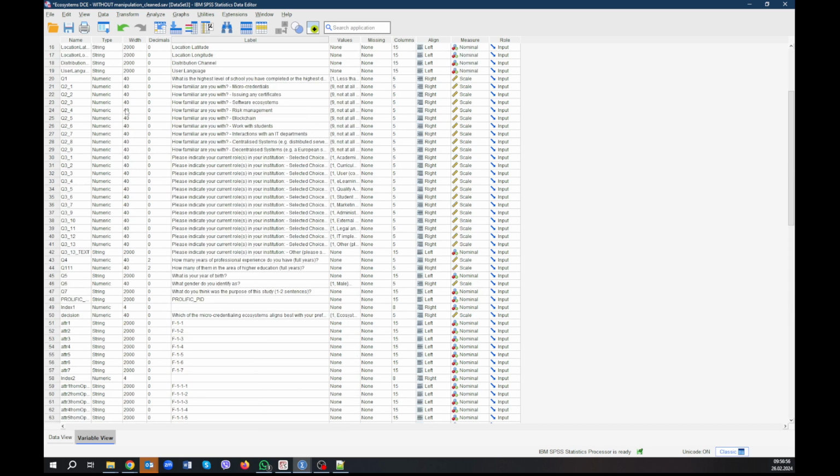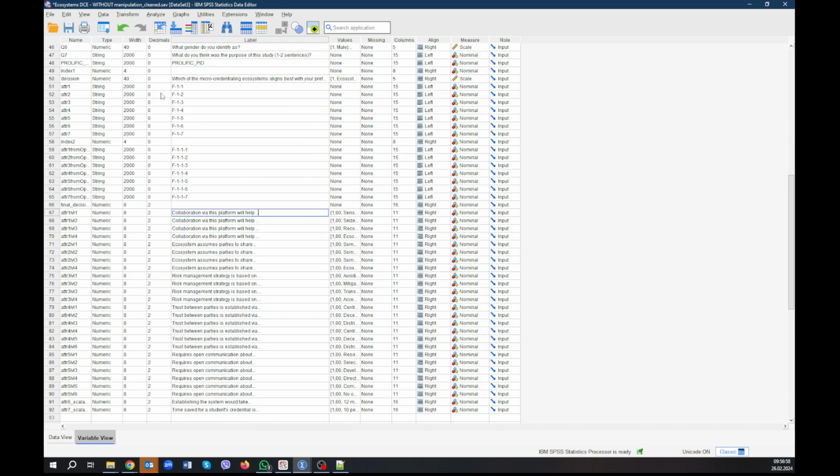Anyway, it seems that we have restructured the file, and the only thing that will not work is actually because of the label names. They have all the same labels, and if you run the analysis now, it will not work. So I have to change my Python code, or maybe if you're a programmer, you can do it. For now, we'll try to make it a bit simpler. We'll make it